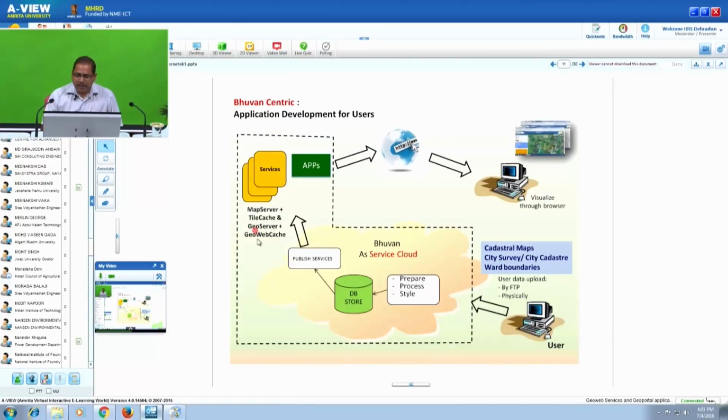Now this is the architecture. If somebody is from a computer science background, you can understand here. It's a little bit technical. Here you see the database store, the DB store. We are completely using a relational database management system for the vector and attribute data, and file servers for the raster data, like satellite imagery. This data we are preparing in the background, and as a service cloud it is configured in the NRSC